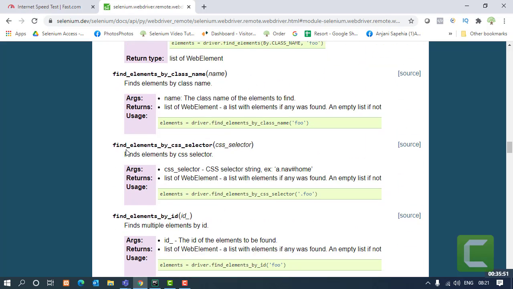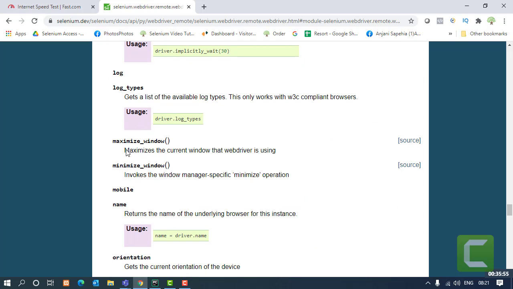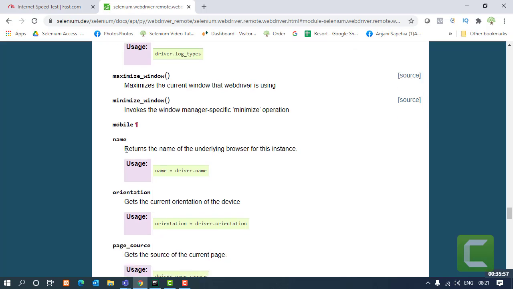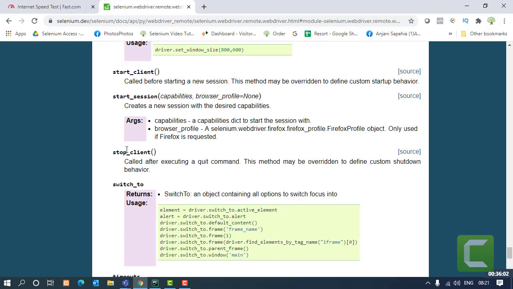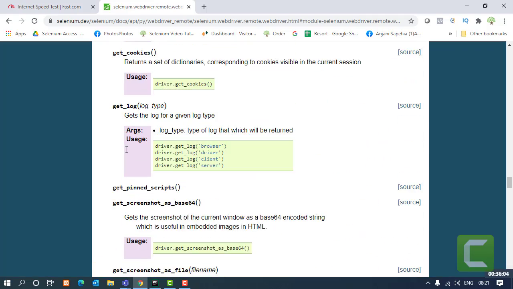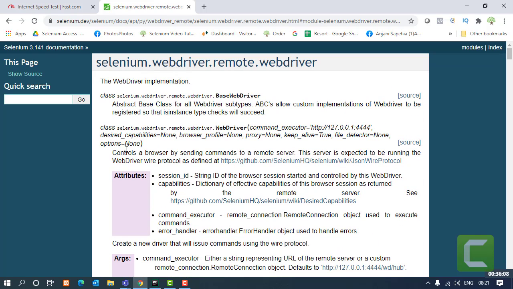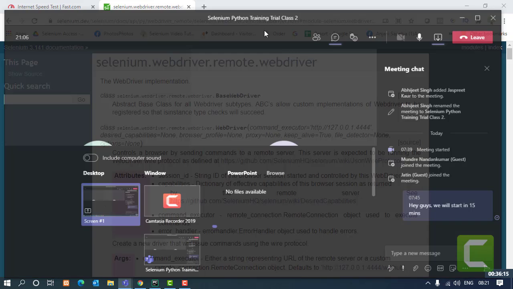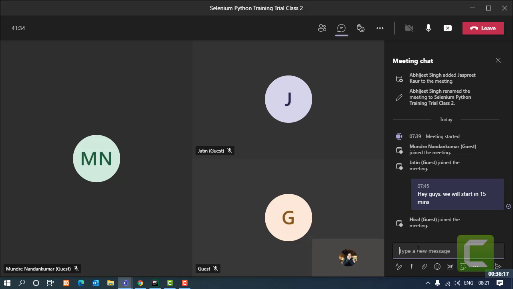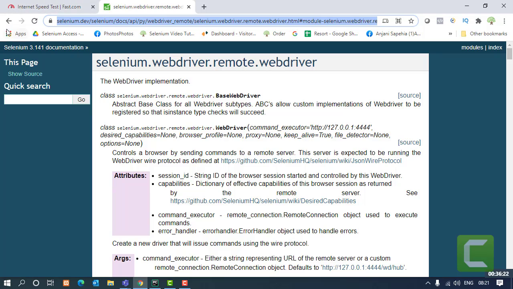Likewise, I have a number of functions available over here in the WebDriver class. You can read it anytime you want, but I'm not going to go into the details of it. I'll share the link with you so that you can read it if you want. This is the link to read for this WebDriver details.